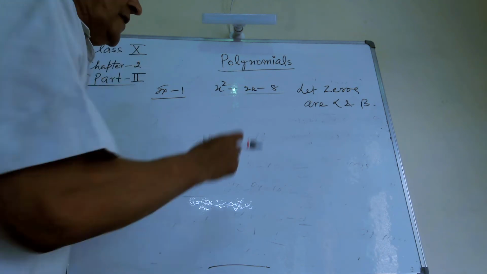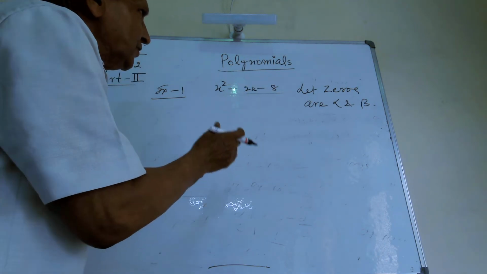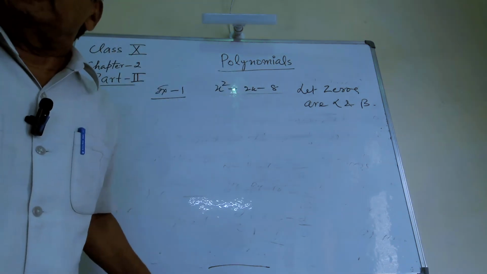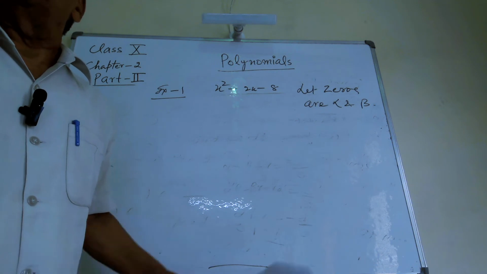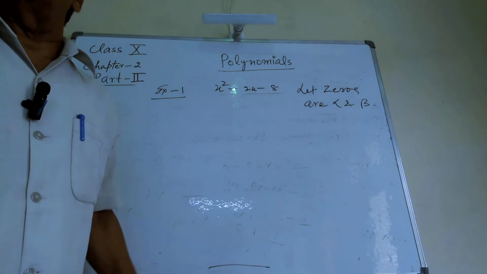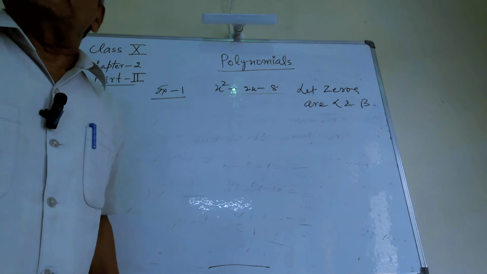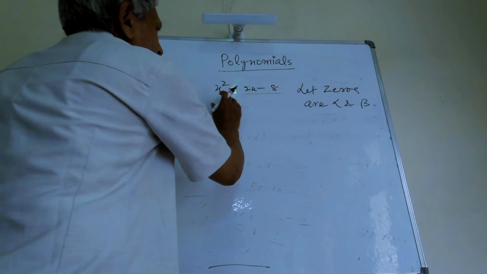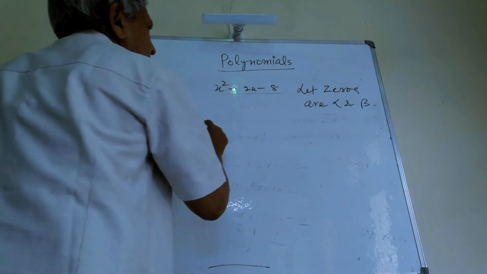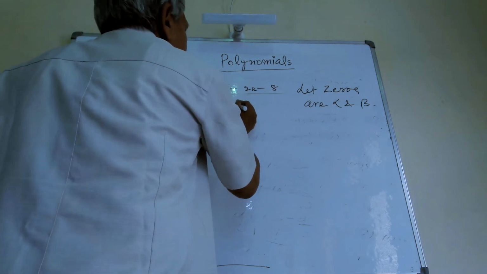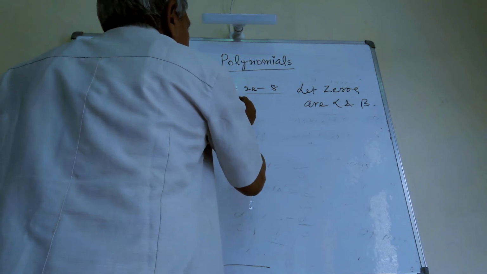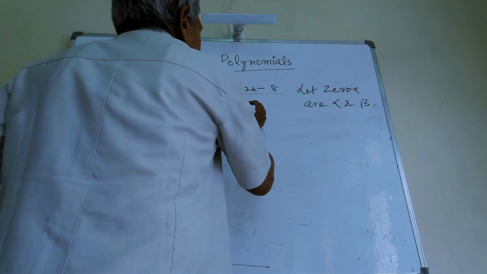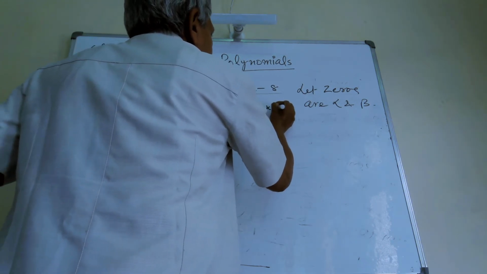Now first of all we have to find out the values of alpha and beta. And how will you find out the values of alpha and beta? First of all you have to factorize this polynomial. And in the first part you have seen how to factorize, how to get the factors of a polynomial. The first method was splitting the middle term. By splitting the middle term, I am making the factors of this polynomial: x square minus 4x plus 2x minus 8,